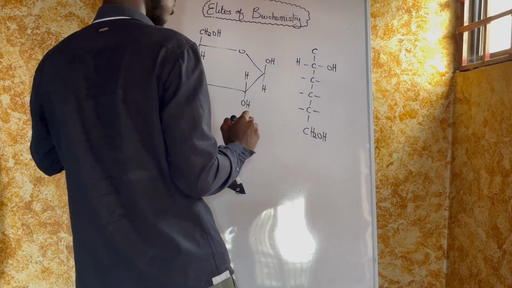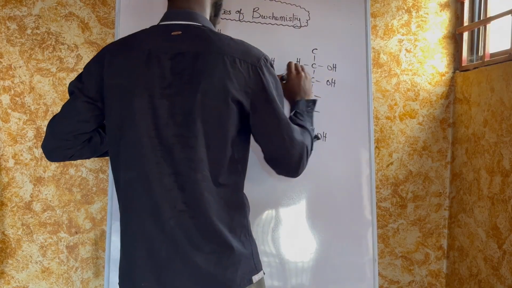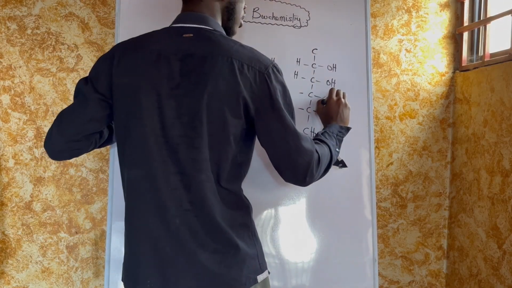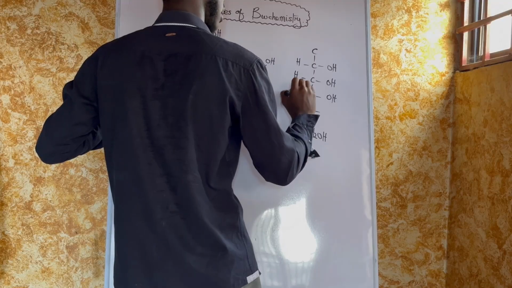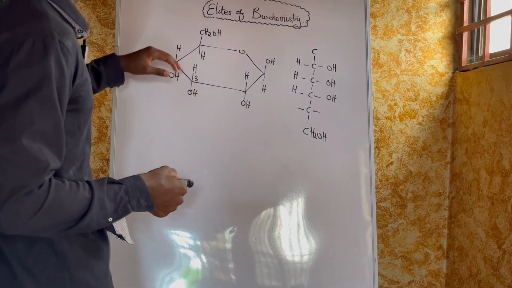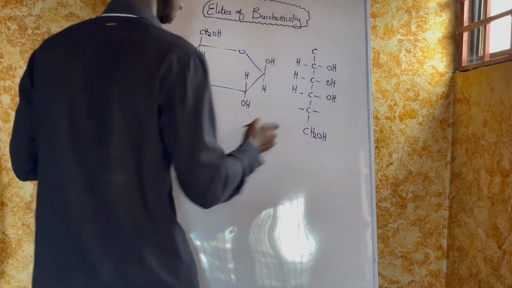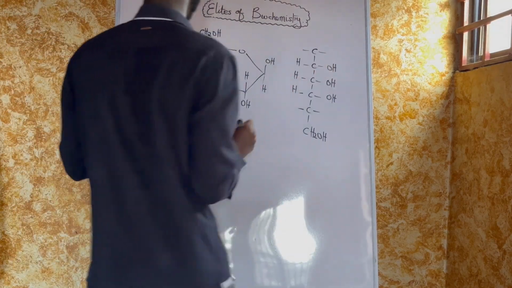Because this one is allose, we still have our OH here and our hydrogen, and we still have our OH here and also our hydrogen. Now, this is how we are going to identify whether it's D or L. On this carbon 1, here